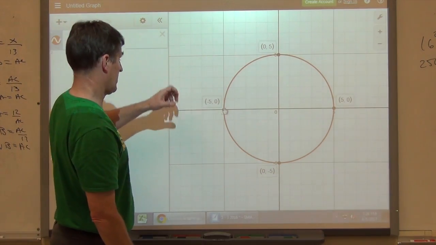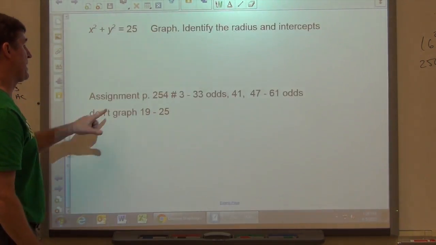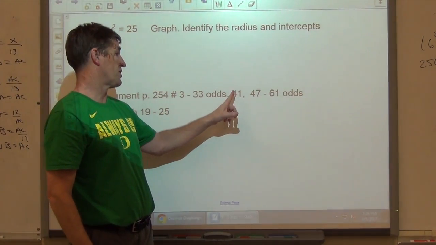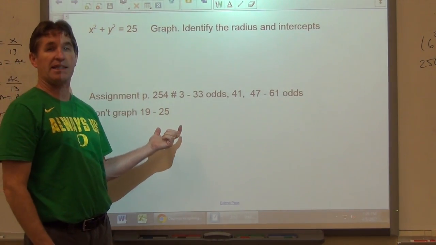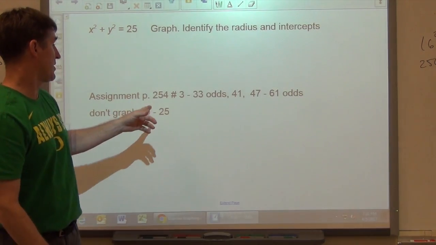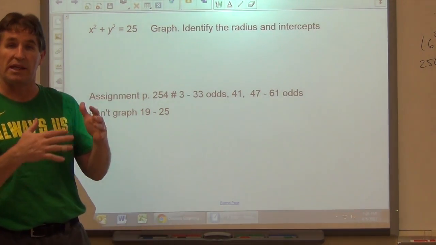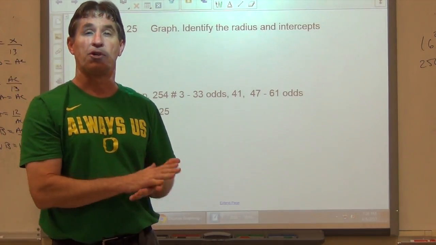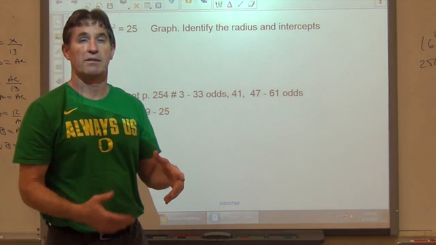So on the assignment is page 254, 33 through 39 the odds, 41, 47, 61 the odds. You don't need to graph 19 and 25 on your paperwork. On some of these it's matching, but I'd still like you, when you turn in your paperwork, to do freehand graphs of those, just so you get the idea and practice of that, and so you're ready to do it when we get to the test. So, it's a pretty quick lesson. Hopefully